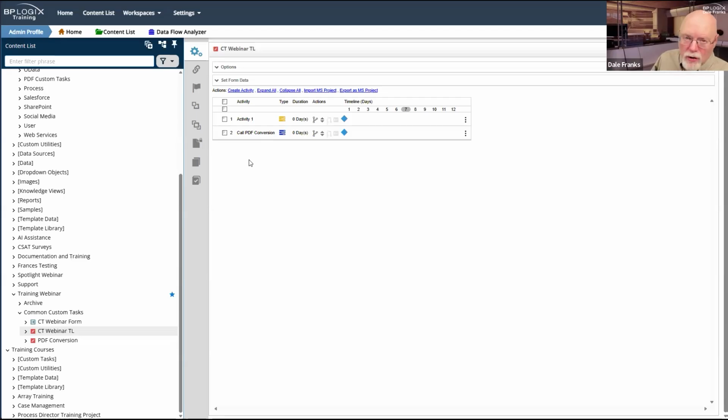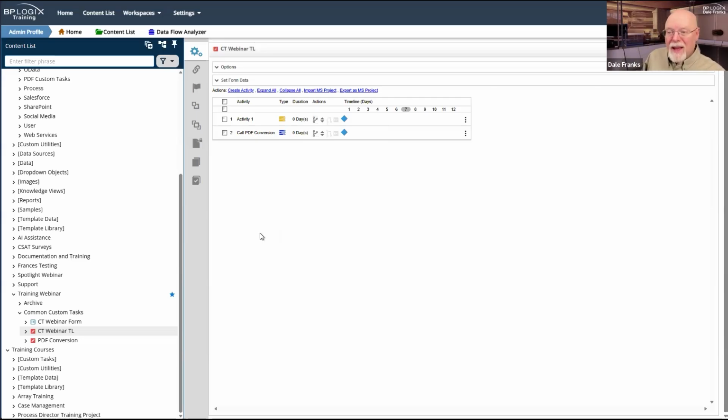So as a user, what I am not going to see is this long spinny that is going to keep going and make me wait while a PDF conversion is going on. I just called the call PDF to run a process. It invoked the process. Once the process has been invoked, which happens essentially instantly, this activity ends and I can move on with my process timeline.